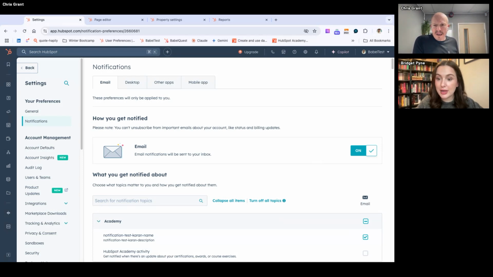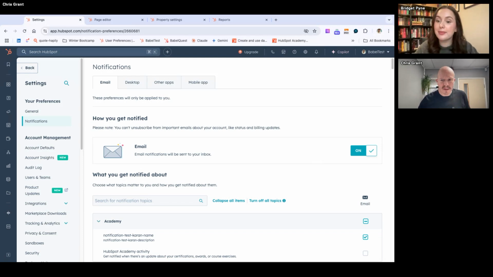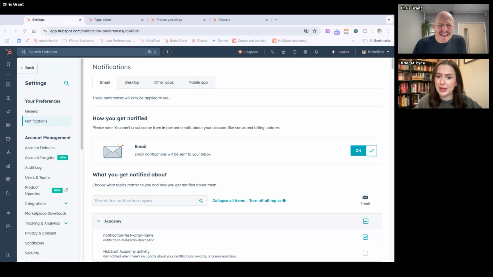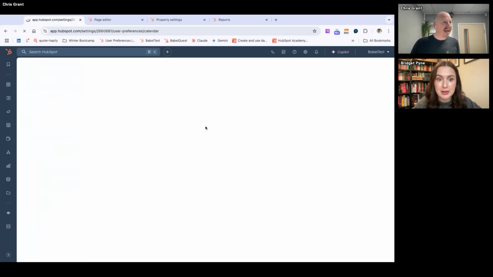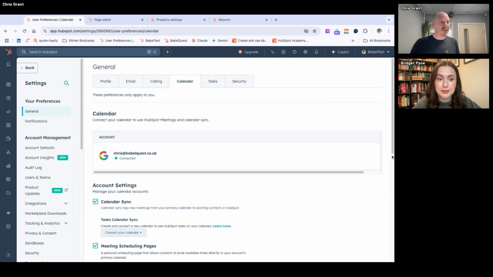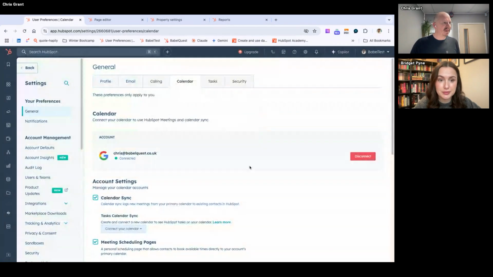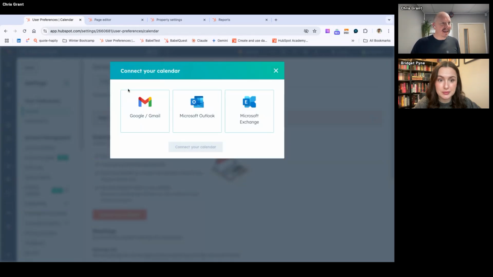We do have a question as well. So Michael's asked, there's an Outlook calendar sync app, which comes at an additional cost. Is that needed for the calendar sync? It should be just out of the box. You should just be able to go through your calendar sync. I don't use Outlook, but all they should really do is go through this process of connecting their calendar, choosing which one it is.